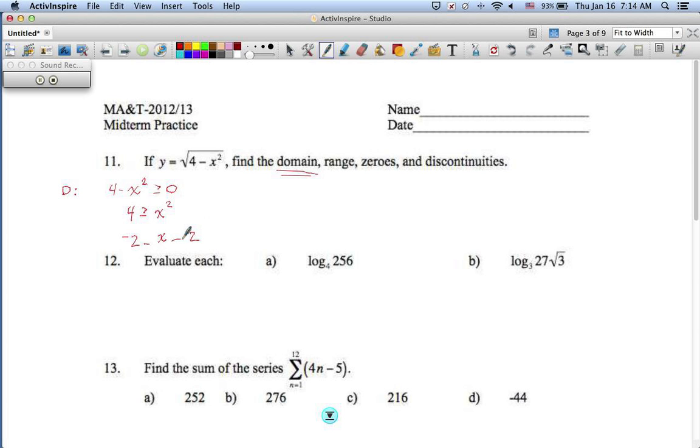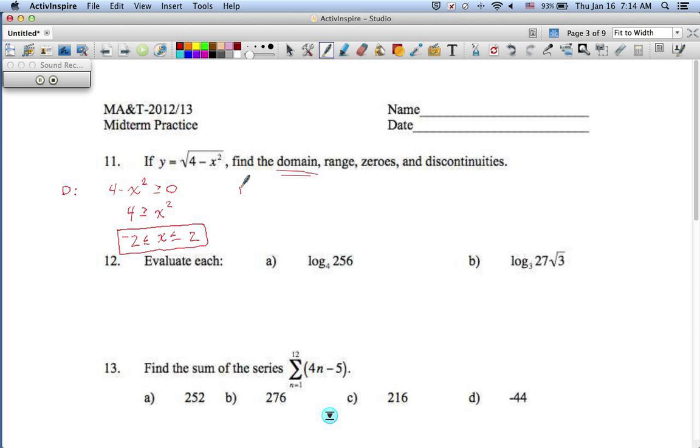So now the question is, think about it. What happens to our inequality sign when we take square roots? Well, if you're not sure, the easy thing to do here is to know that if I put something bigger than 2 in here, I'm subtracting 4 minus, let's say, 9, which is no good. So you have to be between negative 2 and 2. So your inequality sign is actually going to remain the same. Square root of 2, you get the 2. When you get the negative 2, notice it did flip in direction. Okay, x is less than or equal to 2, just like x squared was less than or equal to 4. So here is our domain